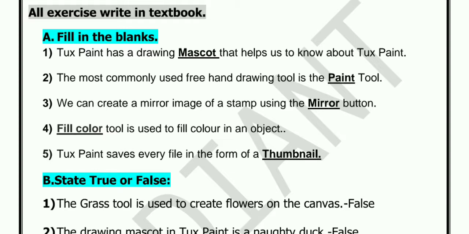See, for mirror image we have a stamp tool and we have to click first on mirror. That I already explained in the last video. Now dash tool is used to fill color in an object, and that is the fill color tool. If we want to fill the color in any object or a picture, we have to use the fill color tool. Now the next one is